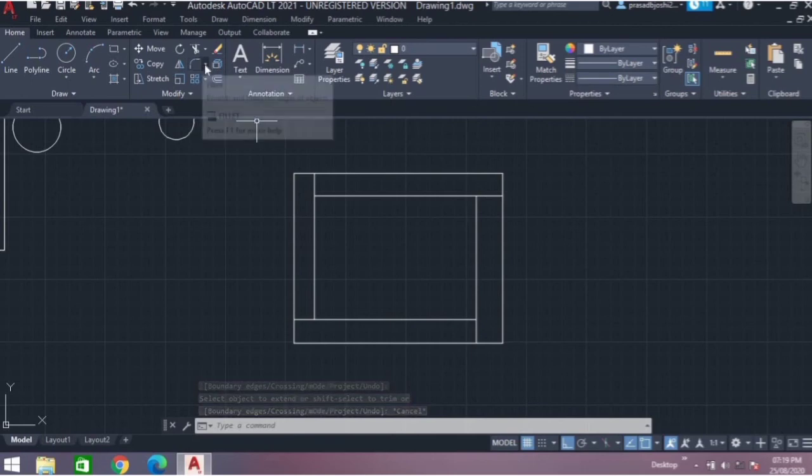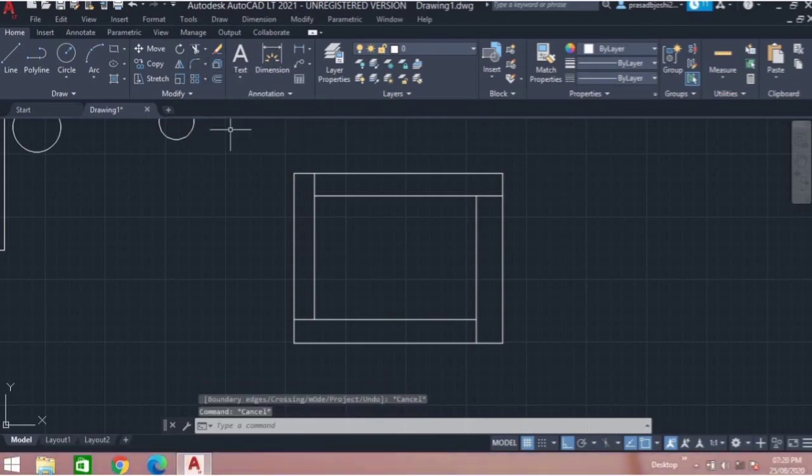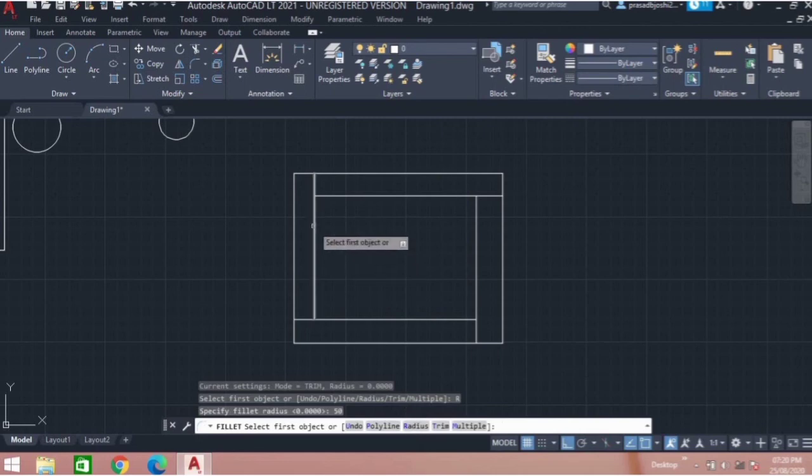Then we have the fillet command. So fillet command is used to round the edges or the corners. When we don't want the edges or corners to be sharp, we want it round shape, so use the fillet command. I will show the use of fillet command. So select fillet command. Here we have in the command box various options. So select radius from this and give a radius of, let's say, 50 and press enter. Then select the first object and select the second object. So the corner is not sharp, it is rounded. So this is the use of fillet command.